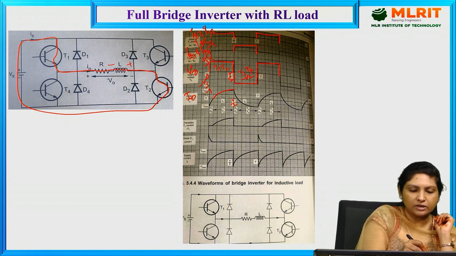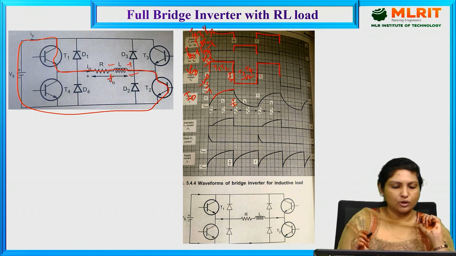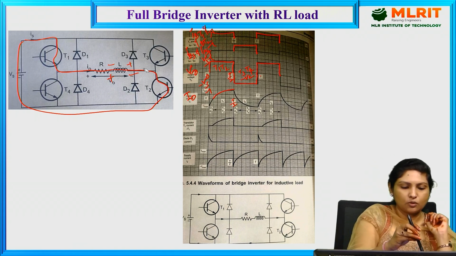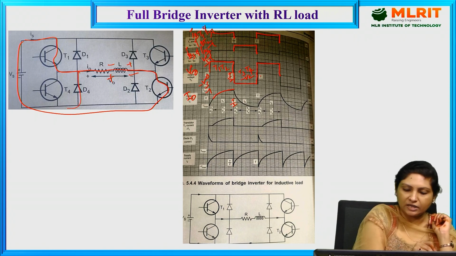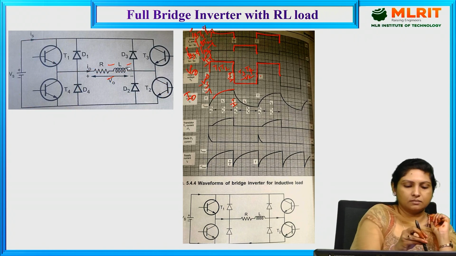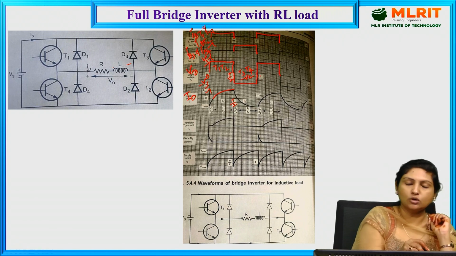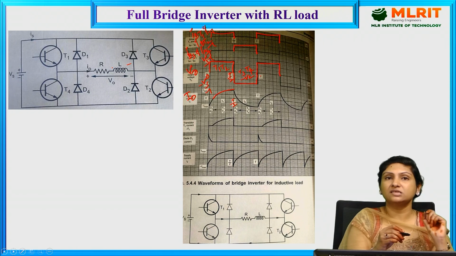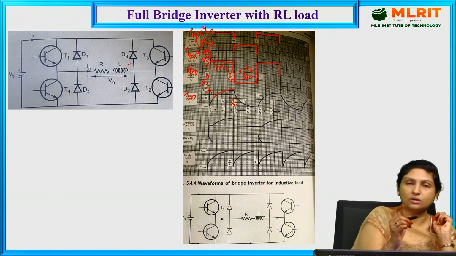By the time it is completely charged, the polarities are positive, negative, and because of these polarities, it tries to maintain D3 and D4 in the conduction state. Here T1, T2 is turned off, and since the inductor tries to maintain the current flow in the same direction as the first case,